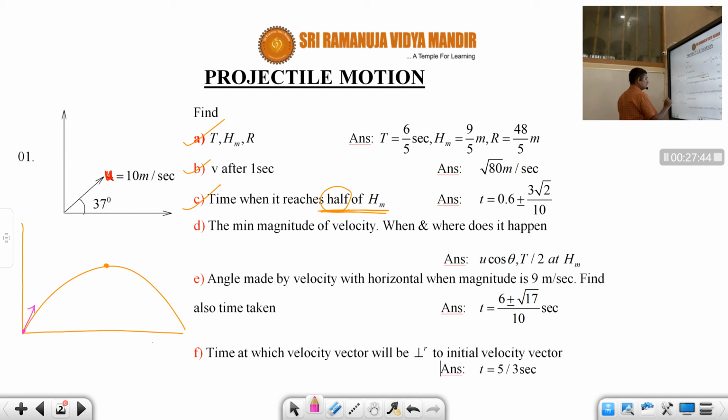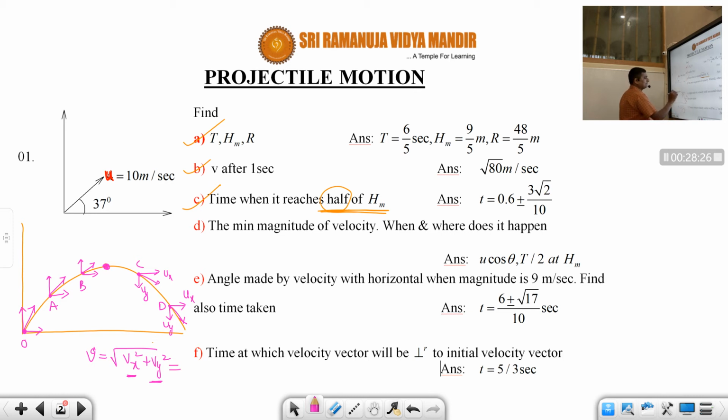Correct or not? Here it will have two components, ux and uy. After some time, if you take like this, it will also have ux and uy. Like that, at every point, ux and uy. Same way, when it is coming down also, ux and uy. So at every point it will have two components. So now we know the magnitude of velocity v at any point is equal to root over vx square plus vy square. So at all these points O, A, B, C, D, the vy will be there, vx also will be there, so therefore there will be some magnitude.